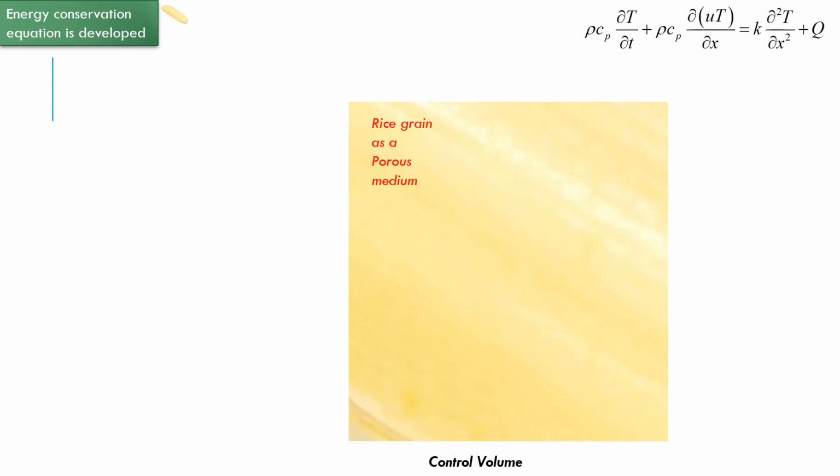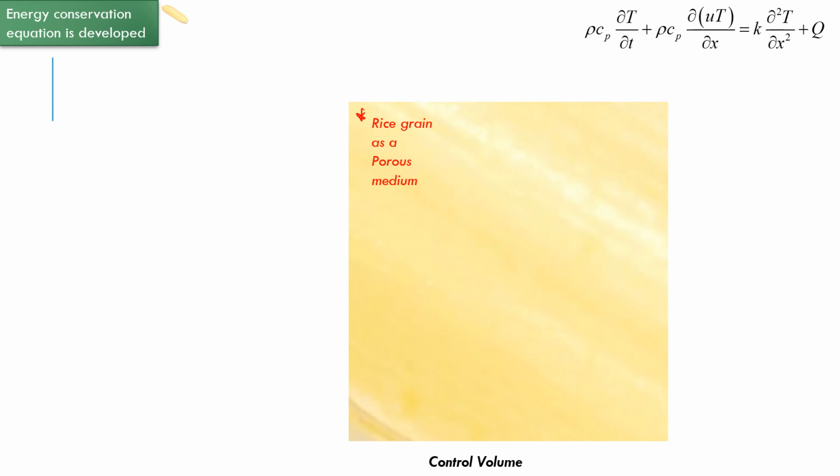Just like the mass conservation for phases like water would give the amount of water at any point inside the rice grain as a porous medium, if we want temperature at any point, then we need to do energy conservation